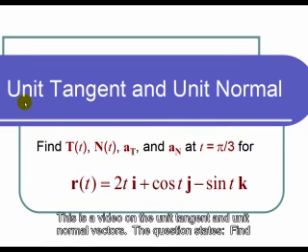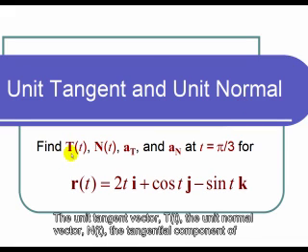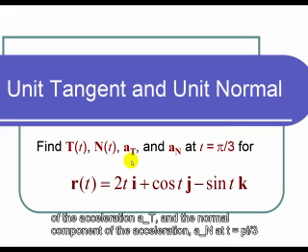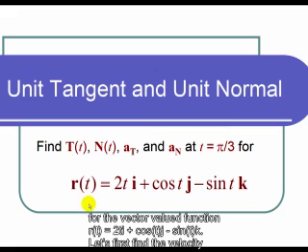This is a video on the unit tangent and unit normal vectors. The question states, find the unit tangent vector T of t, the unit normal vector N of t, the tangential component of the acceleration a sub T, and the normal component of the acceleration a sub N at t equals pi over 3 for the vector valued function r of t is equal to 2t i plus cosine of t j minus